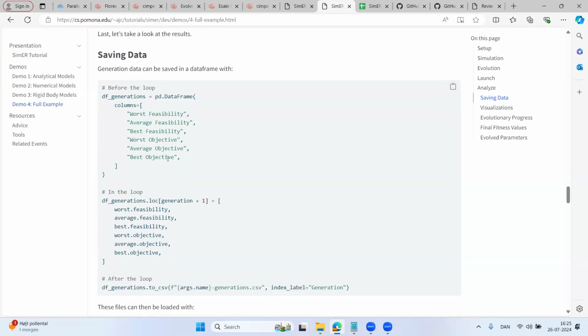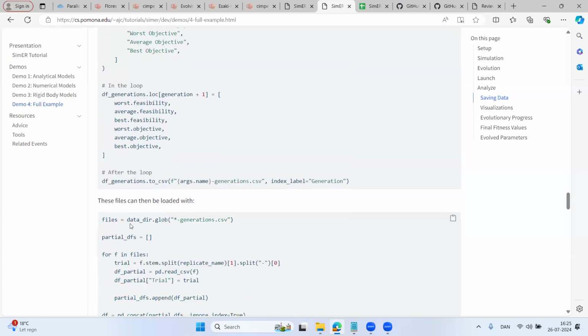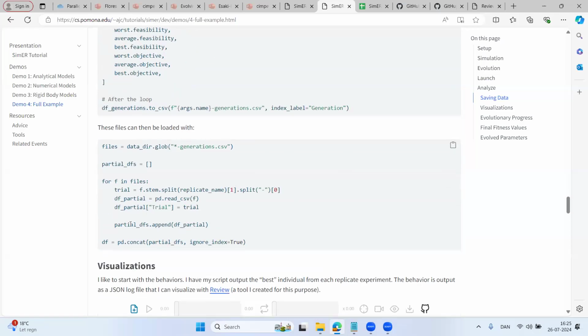I should also, but decided to keep the code simple, save every single individual from every single generation, because, like I said, it's megabytes of space that's worth keeping around. It's as simple as putting them into a data frame and calling to CSV, or you could pickle them if you'd rather not serialize back and forth from comma separated values. You could also just save the data frame directly.